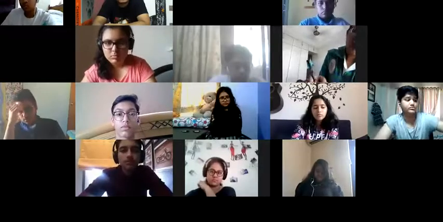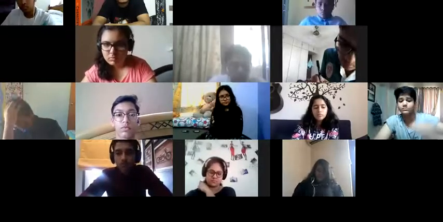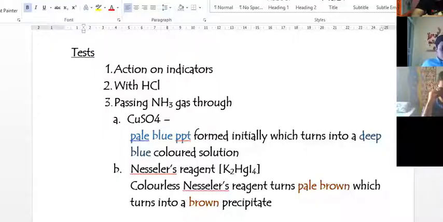So in this case, you'll be studying the table for the test of ammonia on indicators. The table is mentioned over there, and it has to be understood, not by-hearted. Understand and study. So you know the color change which will happen when bases react with phenolphthalein, or base react with methyl orange. If there's any doubt, please ask me.